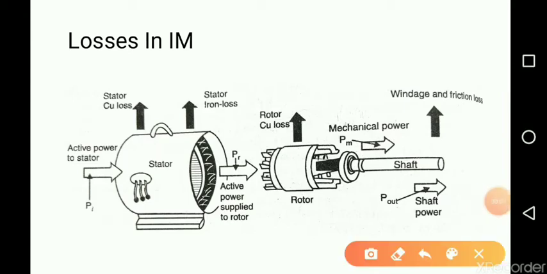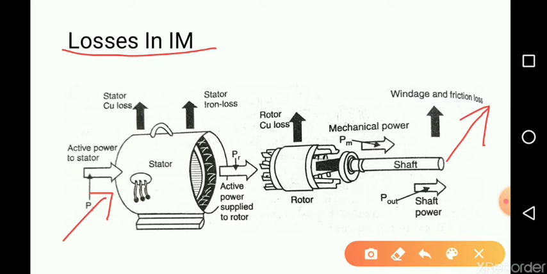Hello friends, here in this lecture we are discussing the losses in induction motors. An induction motor is a device which converts electrical input power into mechanical output power. While carrying out this electromechanical conversion, different losses take place at different stages